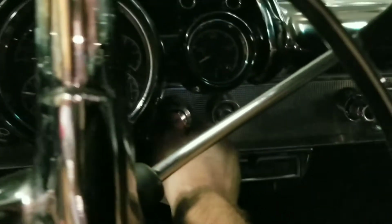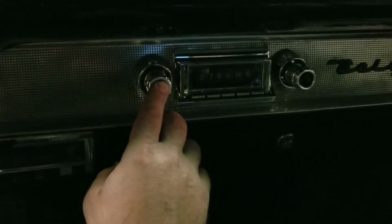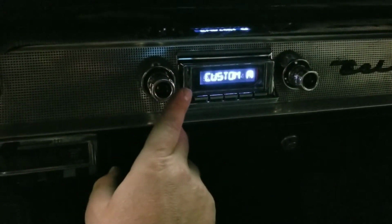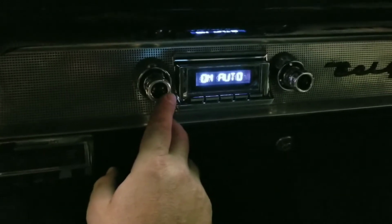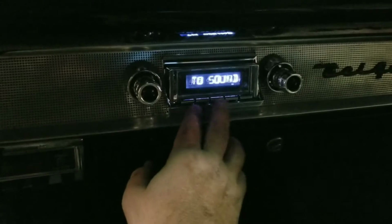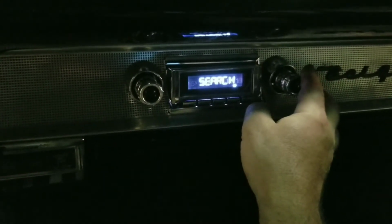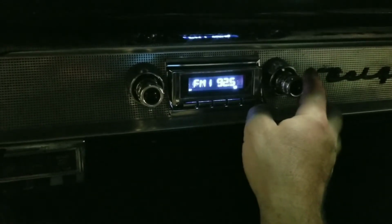I use the factory ignition cylinder, factory heating unit on here. One day this car will probably get vintage air on it. And then I used a digital stereo and Kenwood speakers. I'm trying to think of who makes these stereos. I'm sure most people already know, but let's see if we can